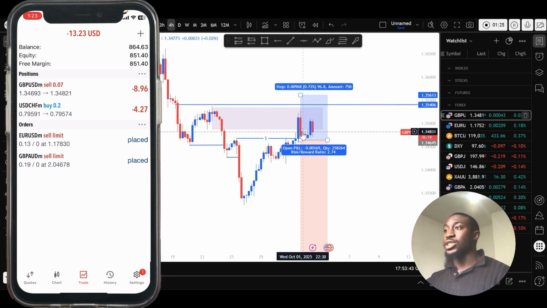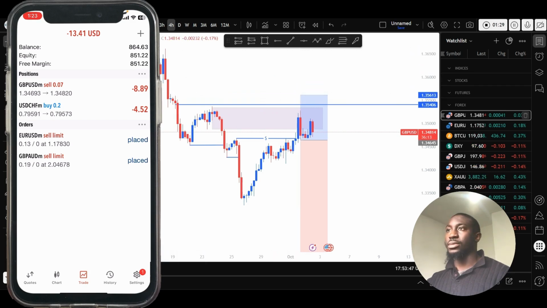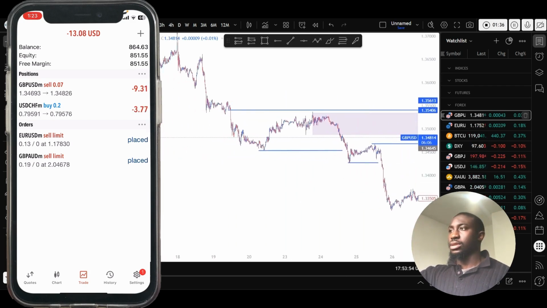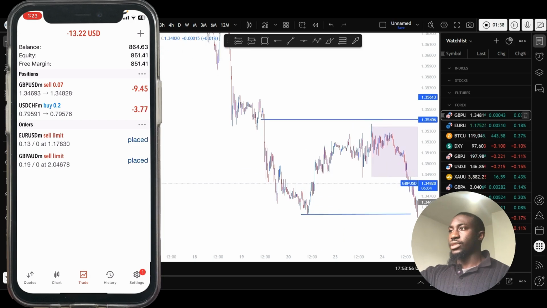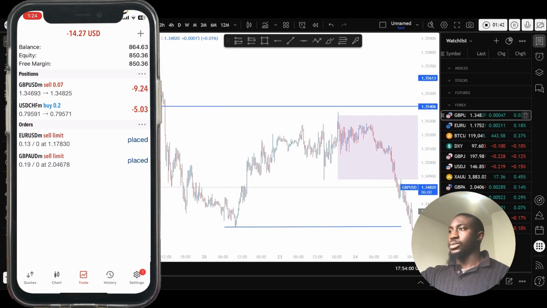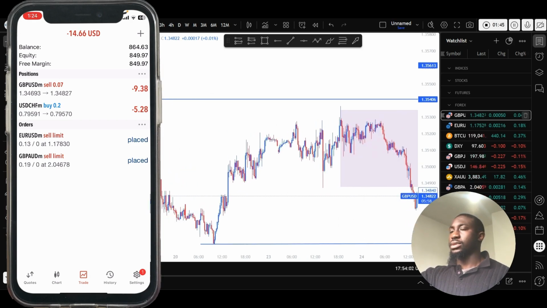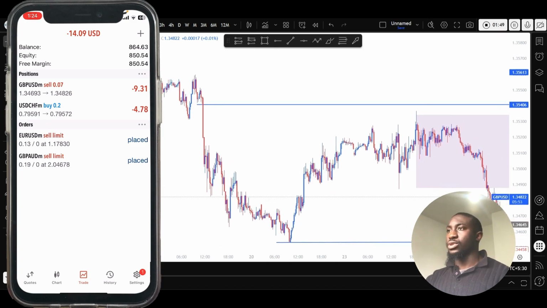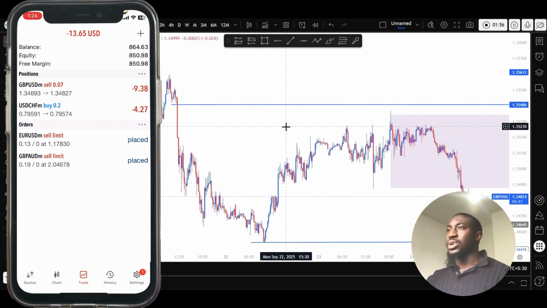Now I increased my stop from this high before to here, because later I observed something in lower time frame. Let's go to about 50 minutes. As you can see, there's a fair value gap on top of this side. Here is the small fresh order block. There's a fair value gap here, so we might see price